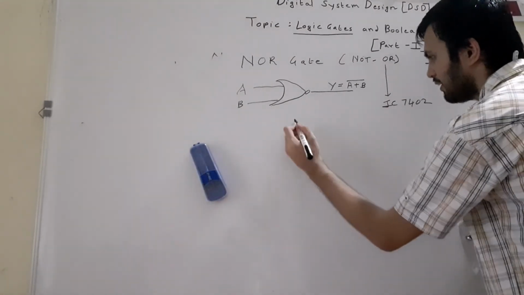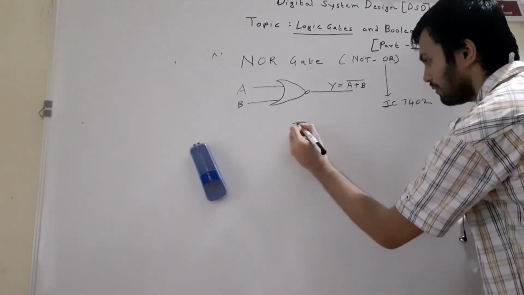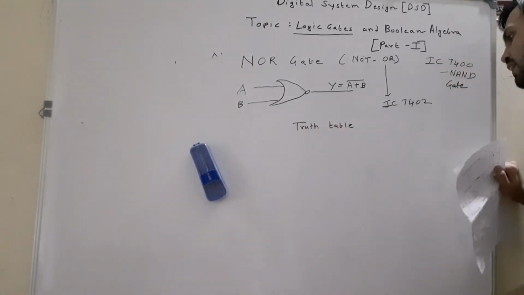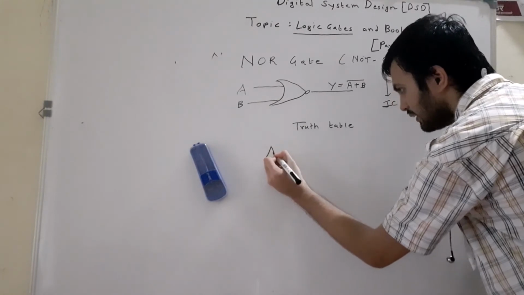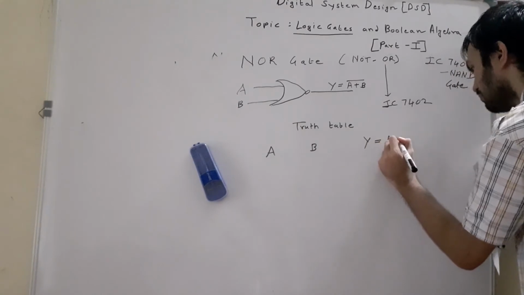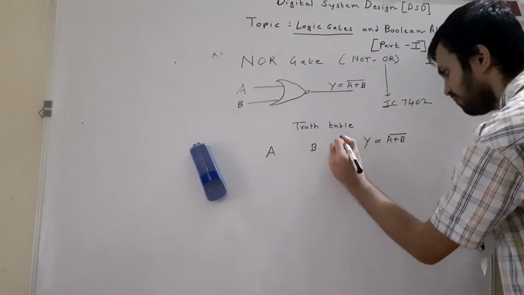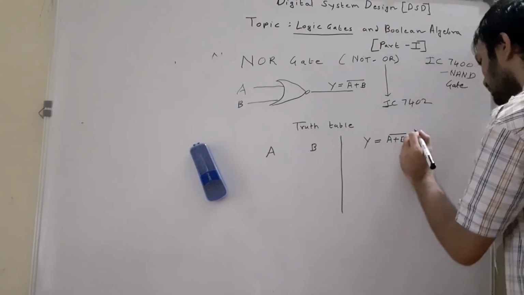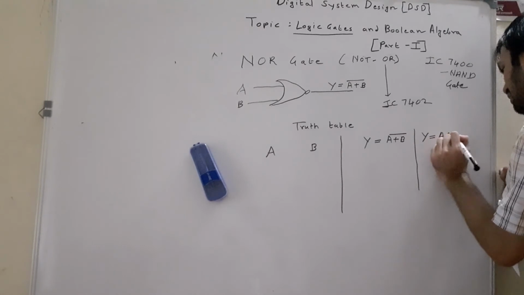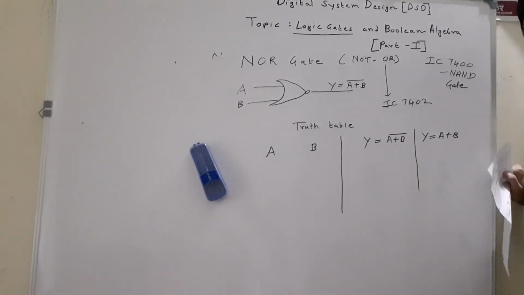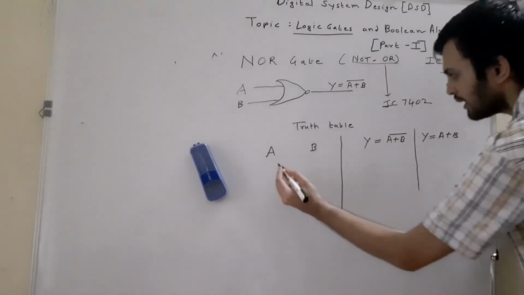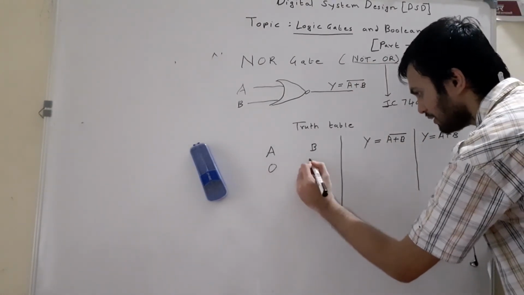So let us move on to see its truth table. Truth table of NOR gate: A, B and Y is equal to A plus B, the whole complement. So as I told you earlier, NOR gate is not OR. Now why is this not OR? I will explain. There will be again 4 input combinations: 0 0, 0 1,